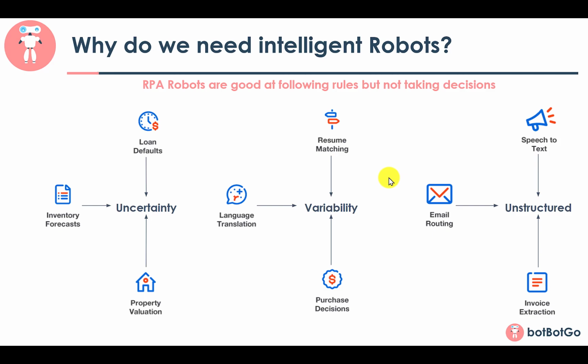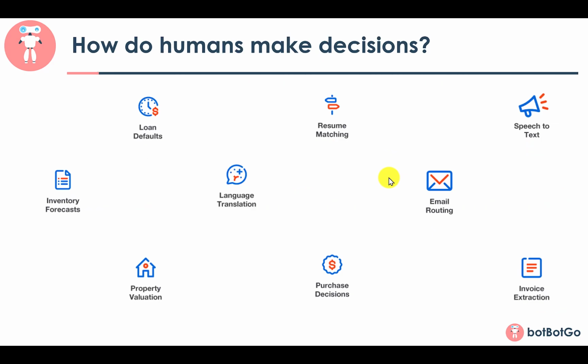But in order to make your robot intelligent, we need to first understand how we as humans make these decisions. So if you think of property valuation, a broker is able to value property depending on his experience. And all this experience was based on certain data that he has been evaluating day in and day out. And now in order to make a robot make this decision, you need to feed it some data, and you need to build a model out of this data.